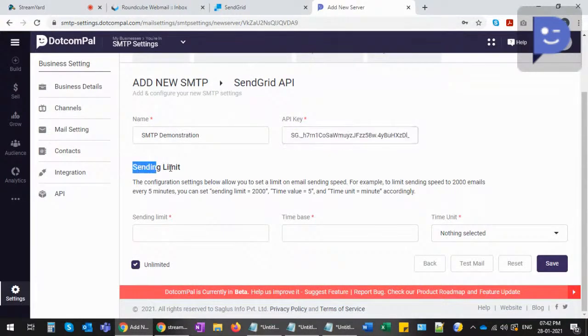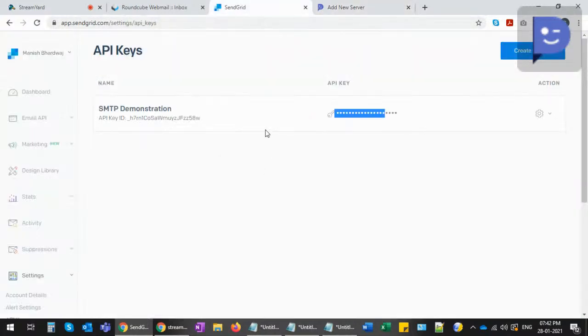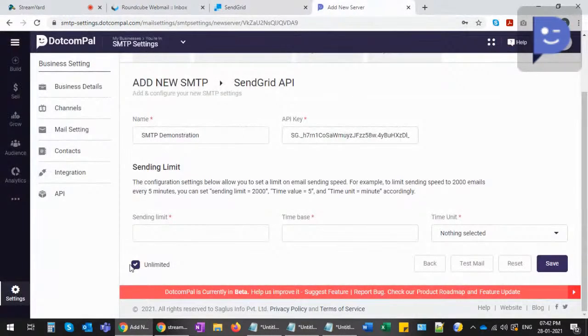Now, sending limit. This is the limit you can place in your account, like how many emails you want to send in an hour, in a day, in a minute. It's up to the plan you have subscribed with SendGrid. Like if they allow you to send unlimited emails, you can opt for unlimited. If they are allowing you a per day limit, like you can send only 300 emails in a day,